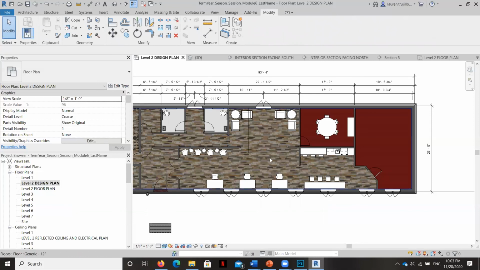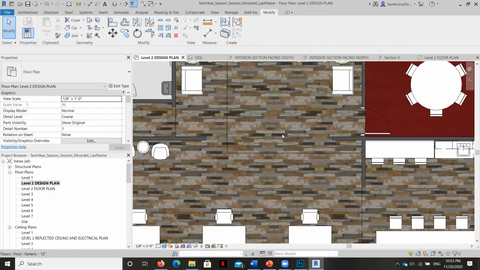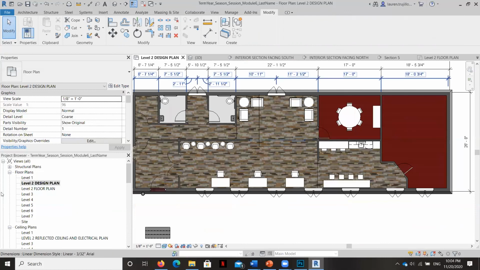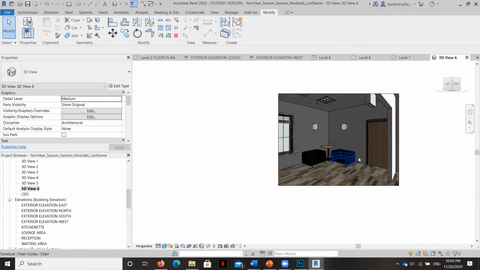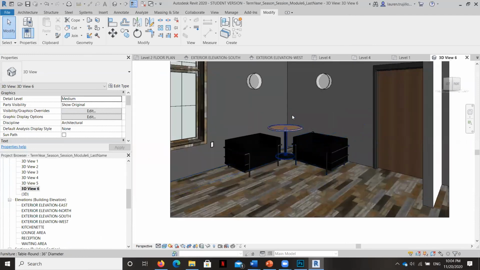What's really nice too is that because the edges were so neatly done, you really aren't even going to see the tiling where there actually is tile on the swatch. So let's go ahead and take a look at the 3D view in a realistic. And look at that. Looks beautiful.